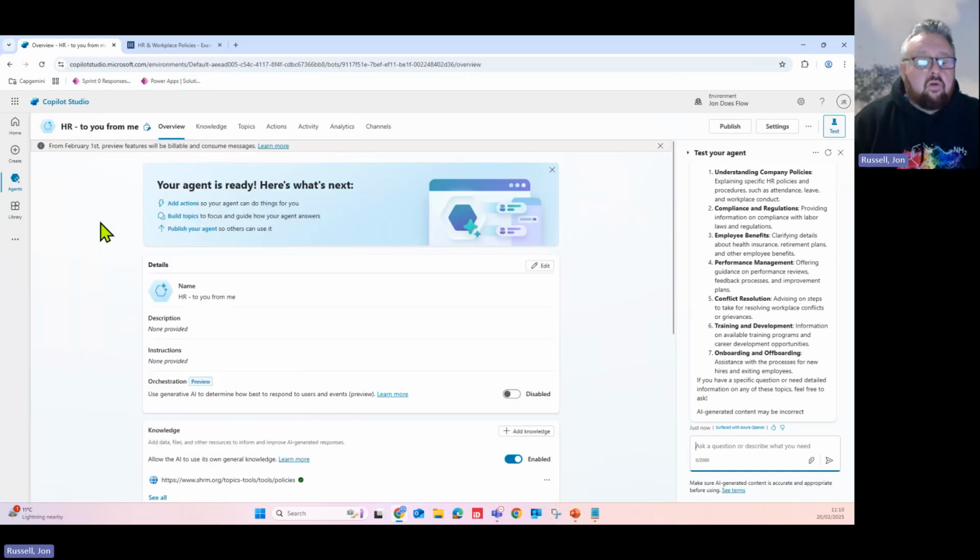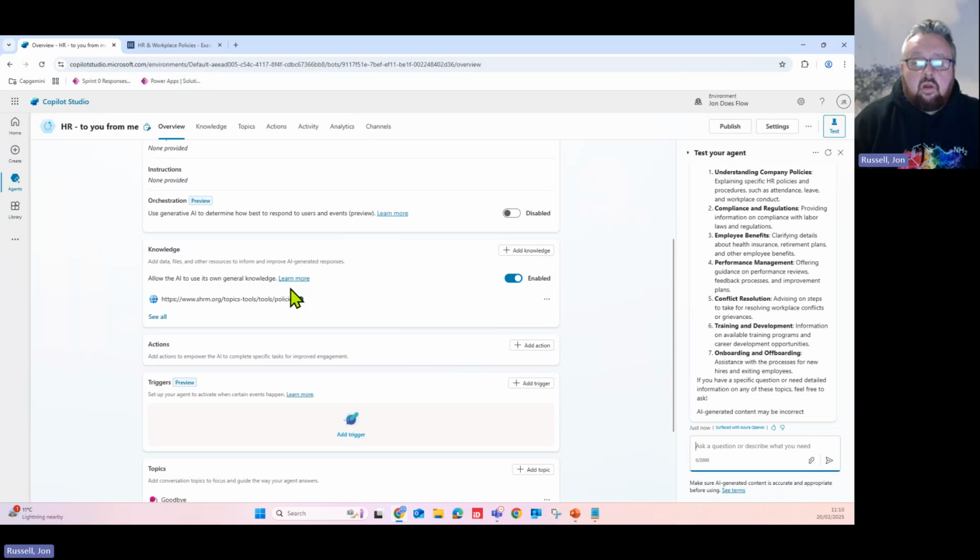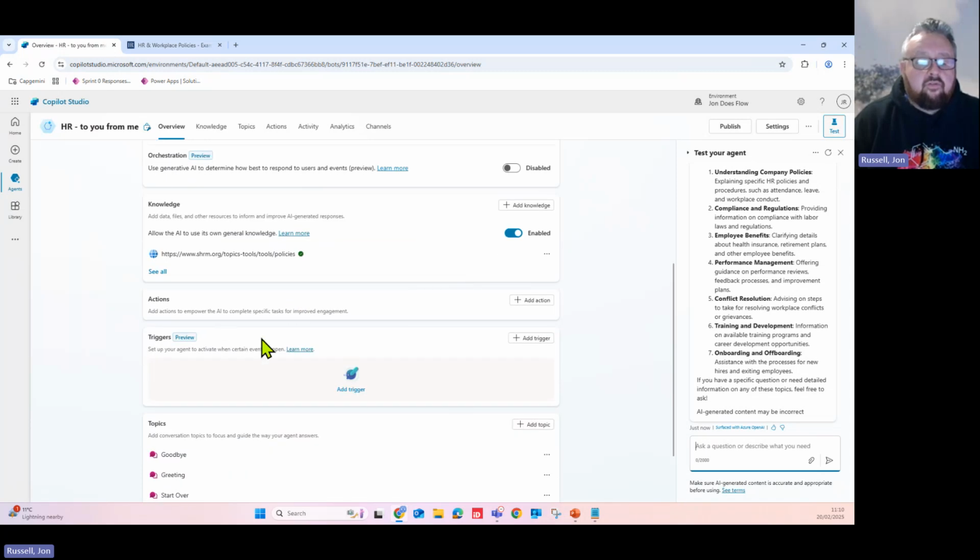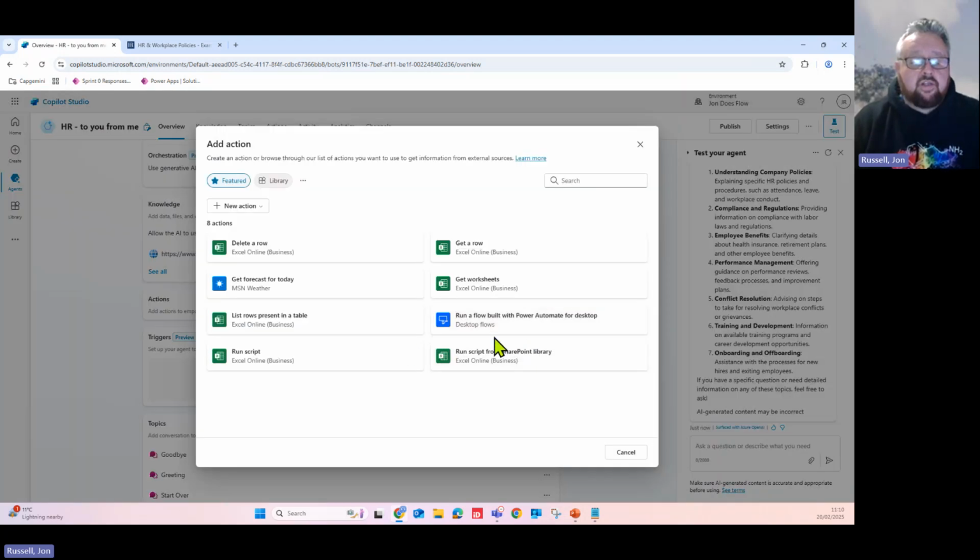What we might want to do though is create a Power Automate cloud flow, which asks us to provide a bit of information and then gives us some information back. So one of the items we could do there is maybe get our balance of leave days remaining for the year. So if we go to add action and then we go